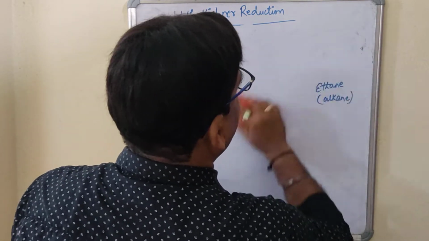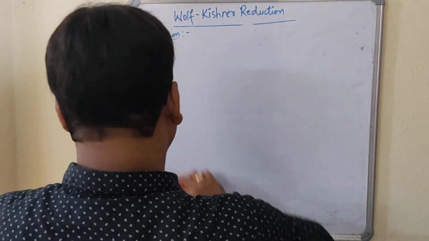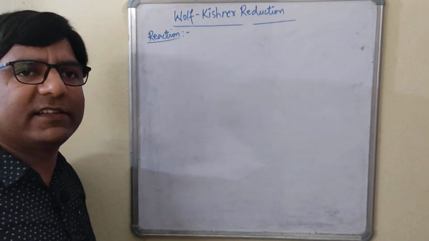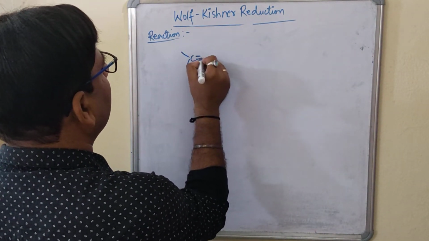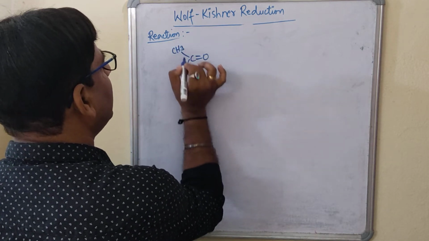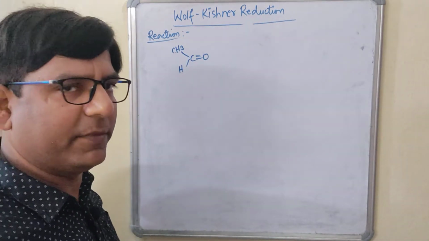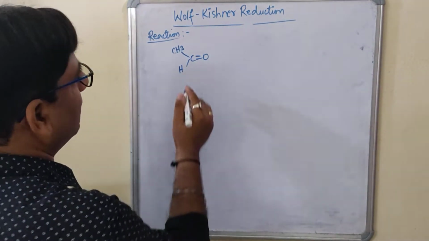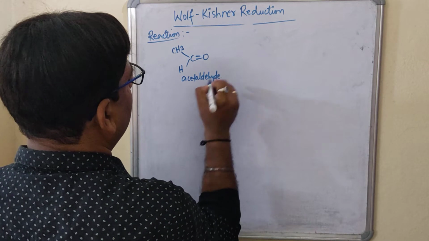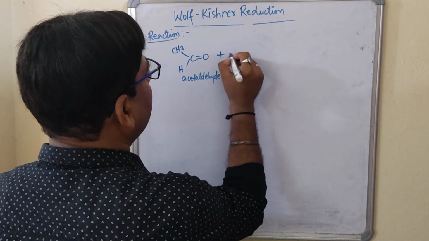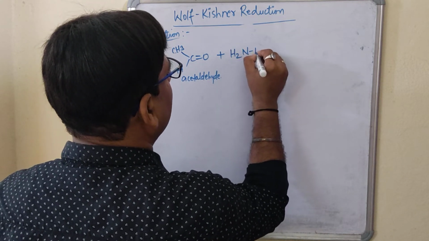So the reaction is quite similar, students, but the difference is that we have to first react the aldehyde or the ketone we have chosen with the hydrazine to get the hydrazone. Now I have taken C double bond O, here I have taken CH3, here I have taken H. Means CH3CHO, acetaldehyde. This is the aldehyde we have taken. I am writing here acetaldehyde. First step, we have to react with what? Hydrazine. I am writing like this, H2N, NH2.